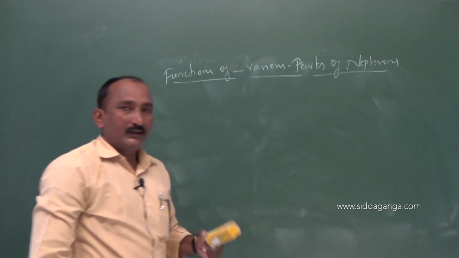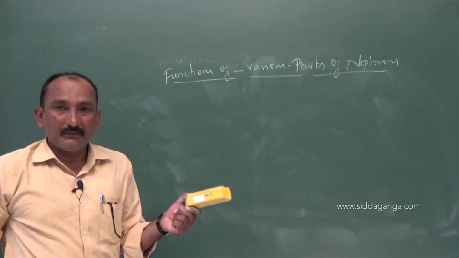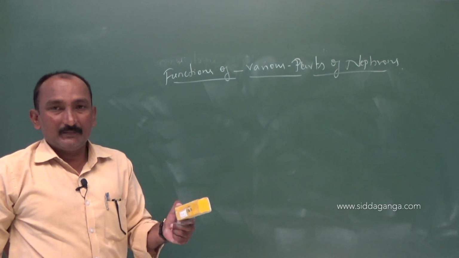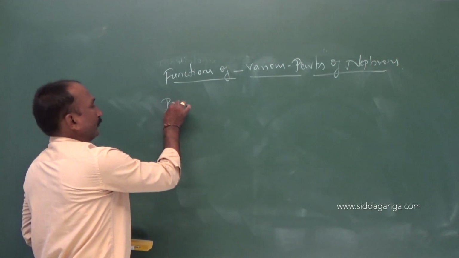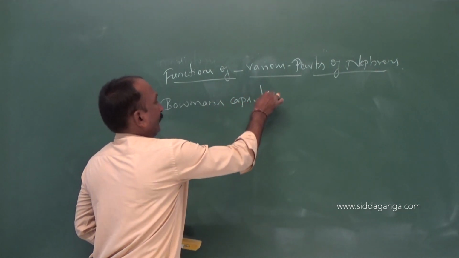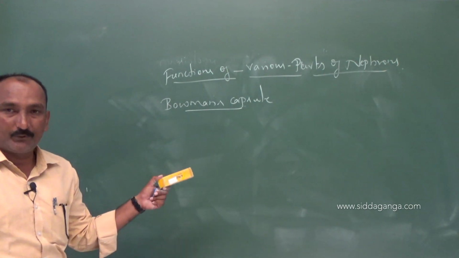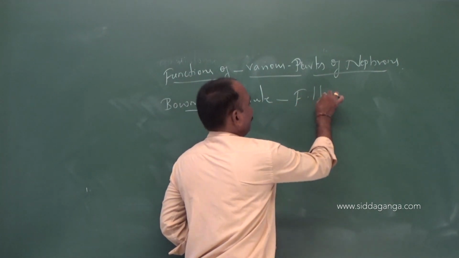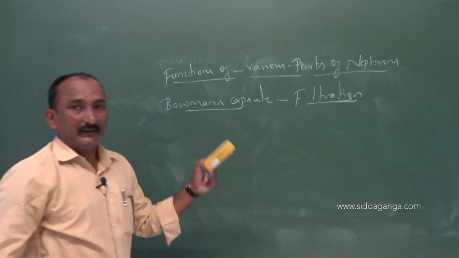After knowing the physiology of urine formation, particularly the glomerulus, which draws the blood towards the nephron, just below the glomerulus is the Bowman's capsule. The Bowman's capsule is double walled. What is the function of Bowman's capsule? The main function of the Bowman's capsule is to filter the blood.